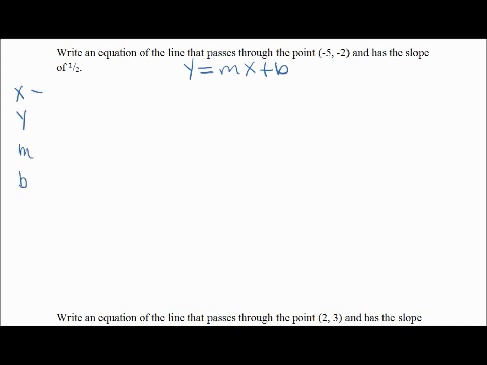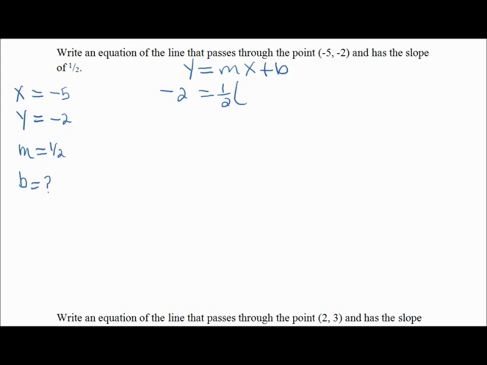Now, as you are checking your work, make sure that you make any corrections. If you messed up something, if you missed something, make sure you correct it. In this case, you should have that your x is -5, your y is -2, slope is 1/2, and the y-intercept b, that is what you're looking for, you don't know. Then you arranged it in the proper order. So that gives you -2 equals